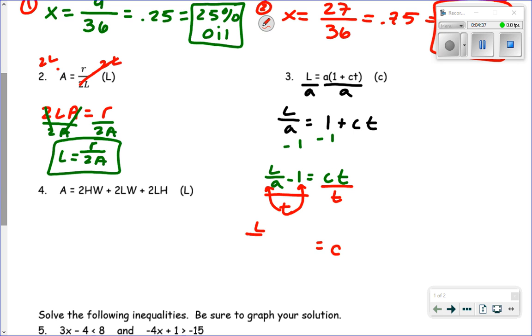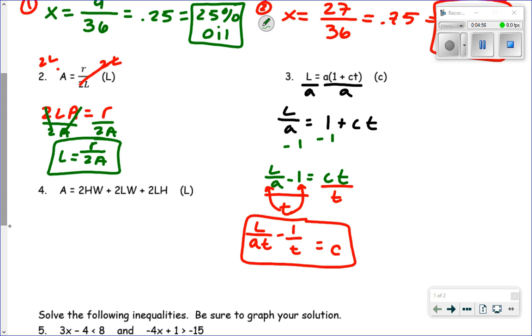So I had L over AT minus 1 over T. That would be a simplified answer. If you left it in the step before, technically that's not wrong, so I'd probably count it right on the